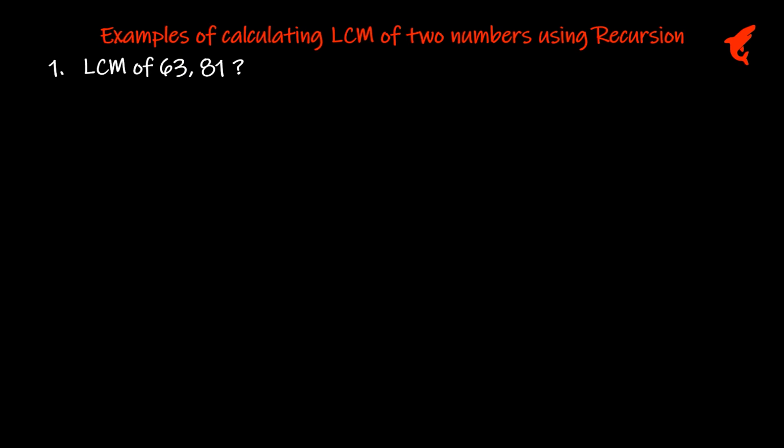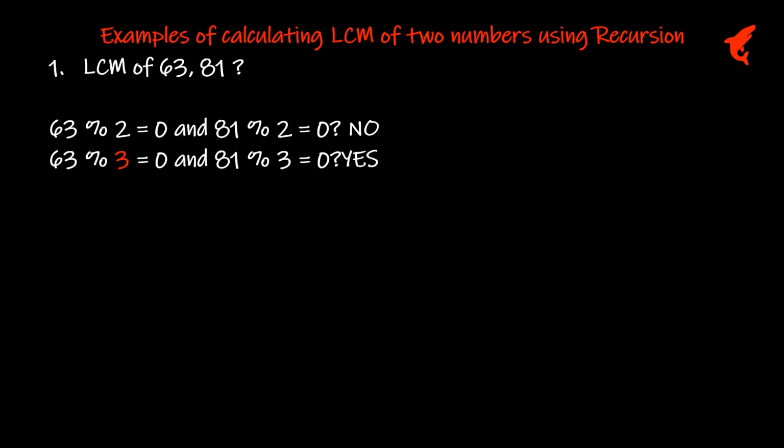Numbers are 63 and 81. We start dividing these two numbers with 2 and we see whether the remainder comes to 0, right? Both these numbers should be completely divisible by the number 2. And 2 does not divide these two numbers completely. Then we try with number 3, the next value, and 3 does divide 63 and 81 completely, and therefore